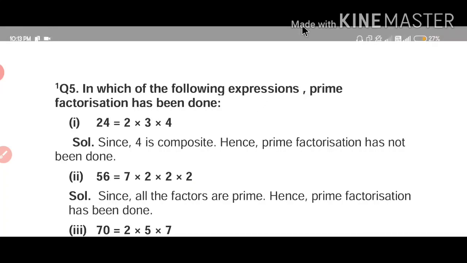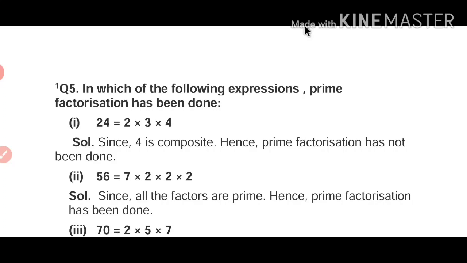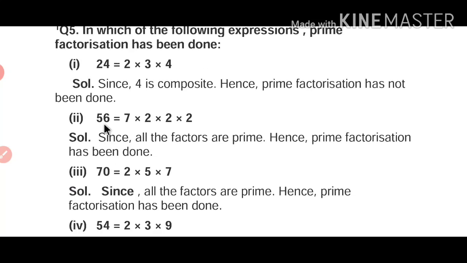How can you say that prime factorization has not been done? As we know that in prime factorization all numbers should be prime only, but here 4 is a composite, so prime factorization has not been done here. Second one, 56 is equal to 7 multiply 2 multiply 2 multiply 2. Here prime factorization has been done, or you can see it like this: 56,